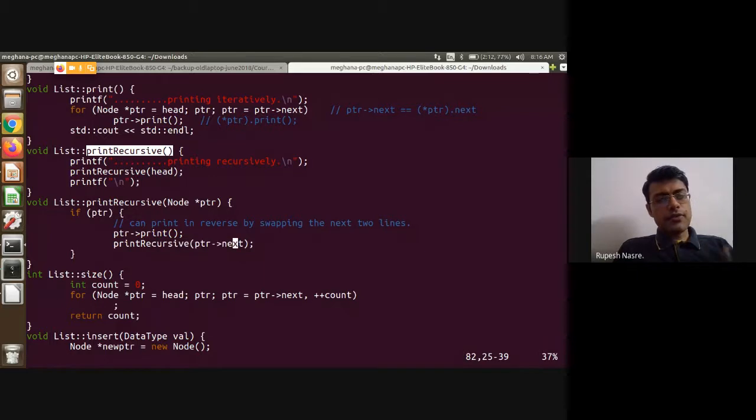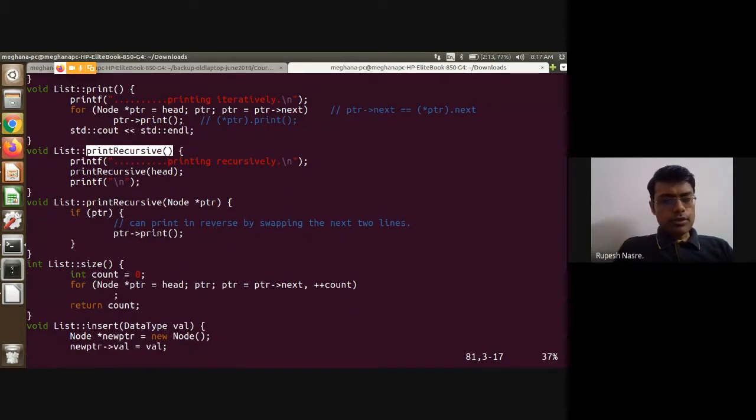And that takes care of recursively printing it. And if I just reverse these two, that is I call print recursive ptr arrow next first and then ptr arrow print, essentially I print the list in reverse order, right? So this is an important point.